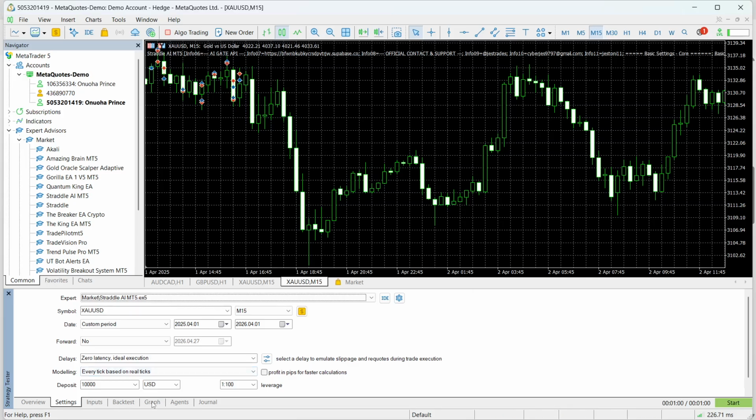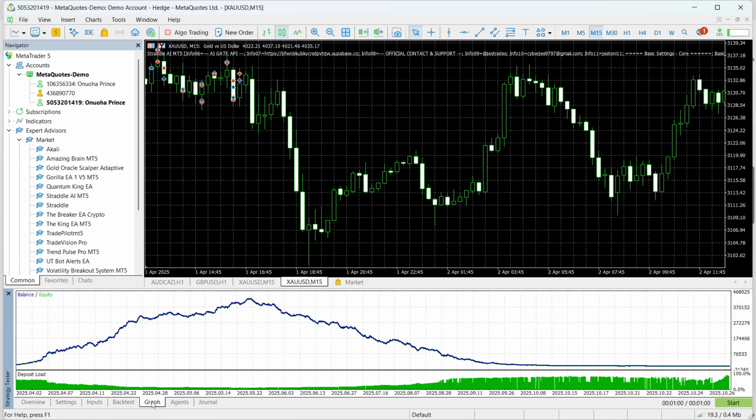Just before we check out the results, let's take a look at my graph, my equity curve. So as you can see, the backtest showed the classic danger of straddle systems. The equity curve built up some gains early on, but then suffered a devastating drawdown that nearly wiped out the account, ending with huge losses. As you can see in the stats,